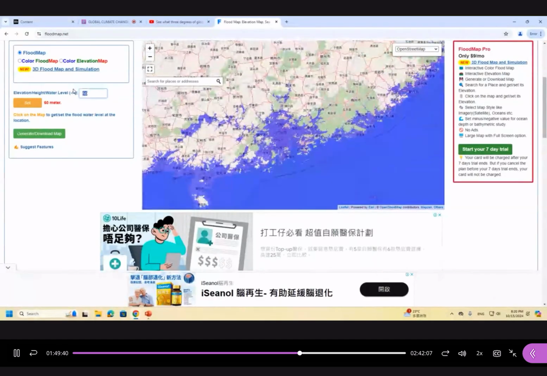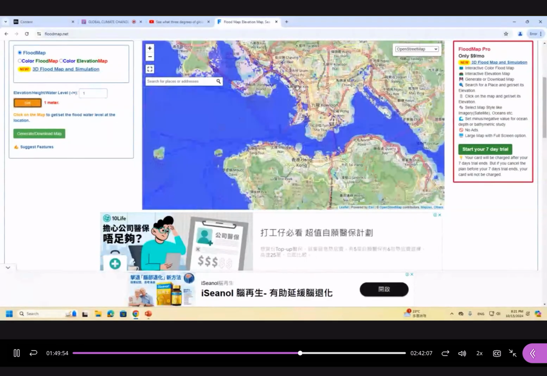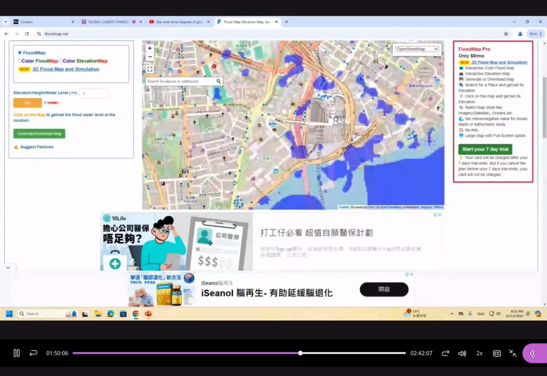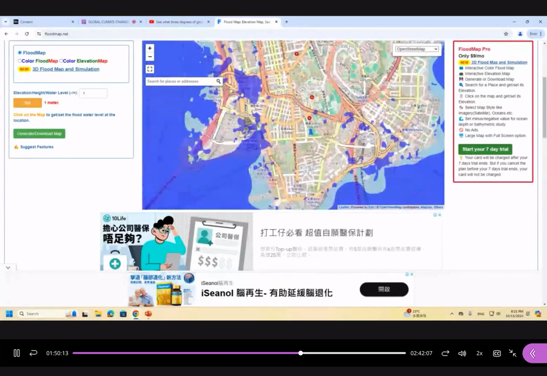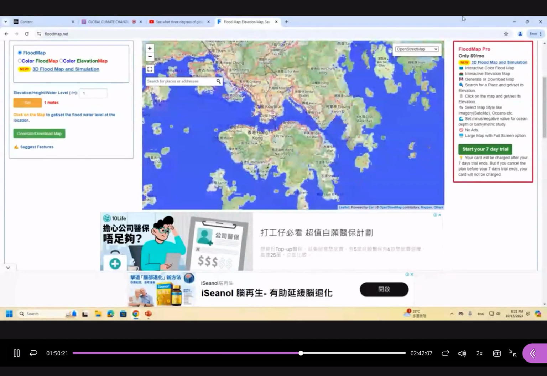And we can put a small value here, for 1 meter. Let's take a look at the 1 meter case. So for 1 meter, some coastal areas are already beneath the sea. And for Polio, we can see some regions will be filled by seawater, as well as the west column. So okay, you can try other regions here by yourself.